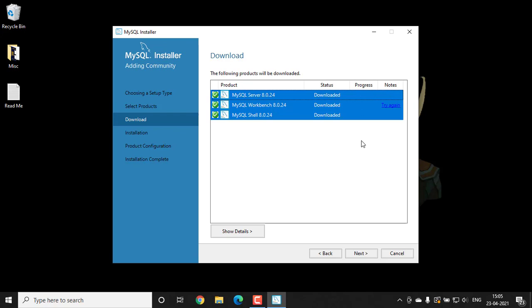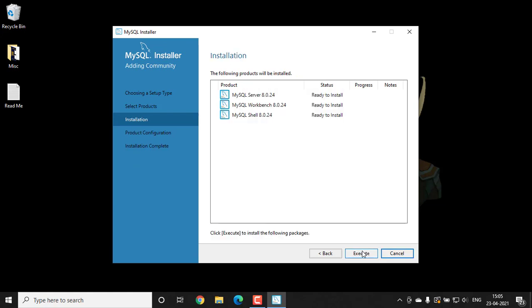We have successfully downloaded them without any error. Now click next and then execute. And let's wait for some time till they get installed. As you can see guys, we have successfully installed all three files without any error.